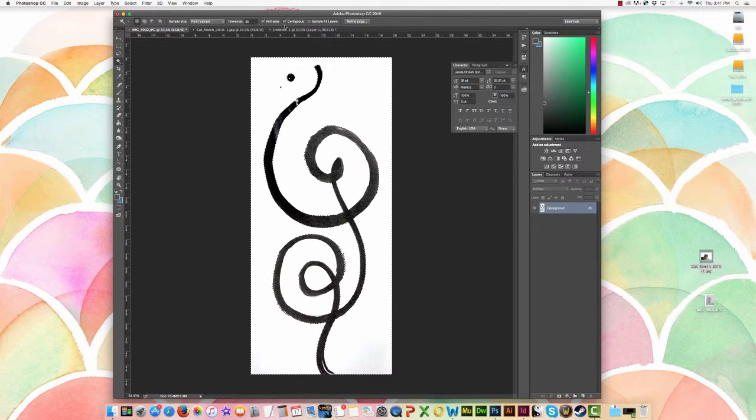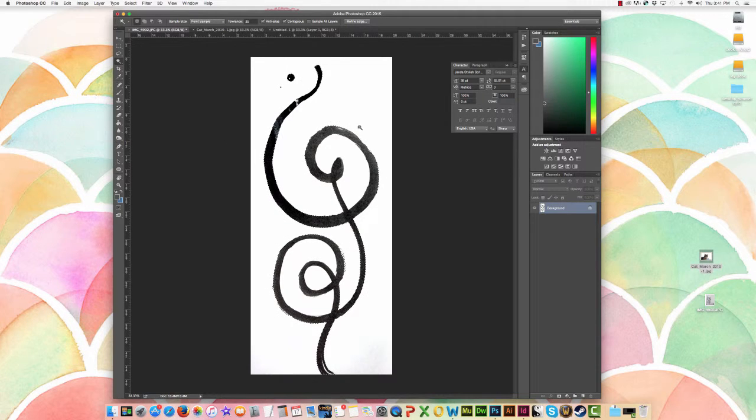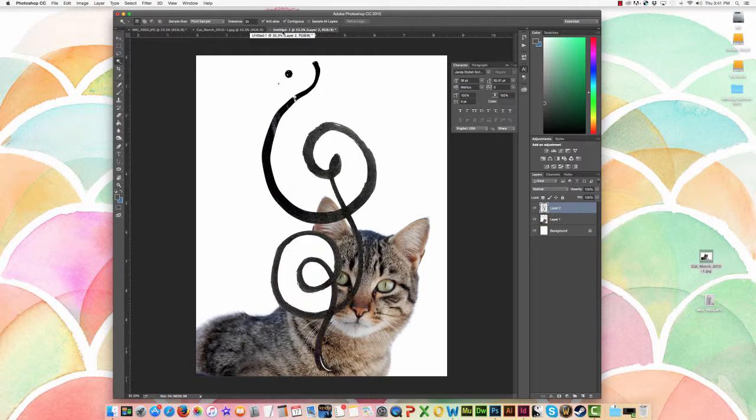So right now I have contiguous checked. What contiguous means is it's just taking that which is sort of connected to that area. So here, where yes, it's still that sort of white of the page, because there is no opening to it, it's not going to grab it. If you want to grab those also, and let me do an inverse, and I'm going to show you both ways. So with it checked, we're going to copy it, and we're going to paste it into